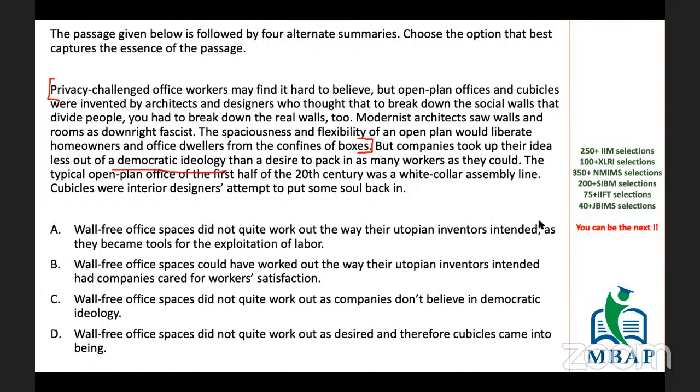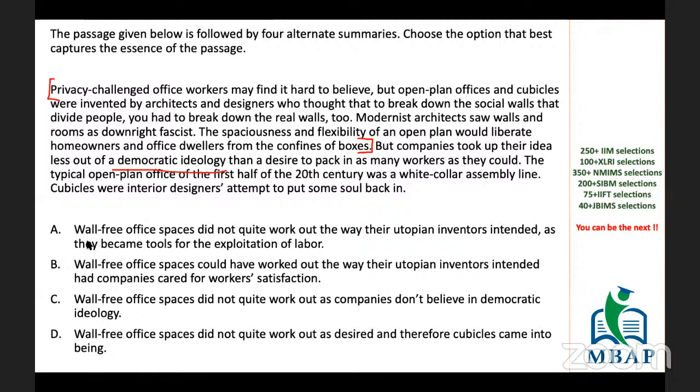So companies saw this as an opportunity, and what they did, they actually started packing the people like anything. अभी तक जिस room में let's say 20 लोग बैठ रहे थे, अब उसी same room में around 30 to 35 people are sitting. Okay, so the idea was to give them more space, to provide them with a more democratic and liberated feeling. But companies did absolutely the opposite of this. They simply saw this as an opportunity and started utilizing this space.